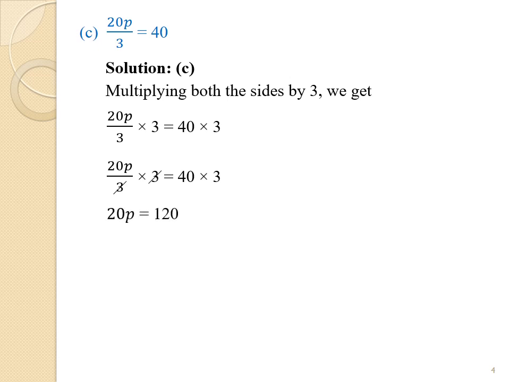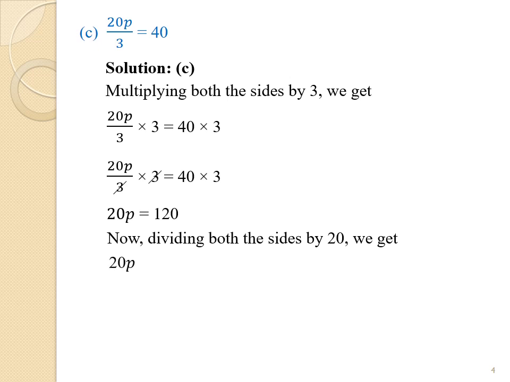Students, now we have to use division law. We have to divide 20p by 20 and also 120 by 20. So, let's divide. Dividing both the sides by 20, we get